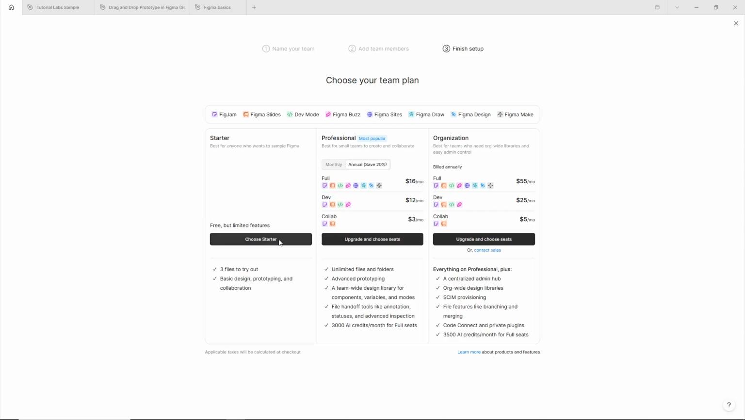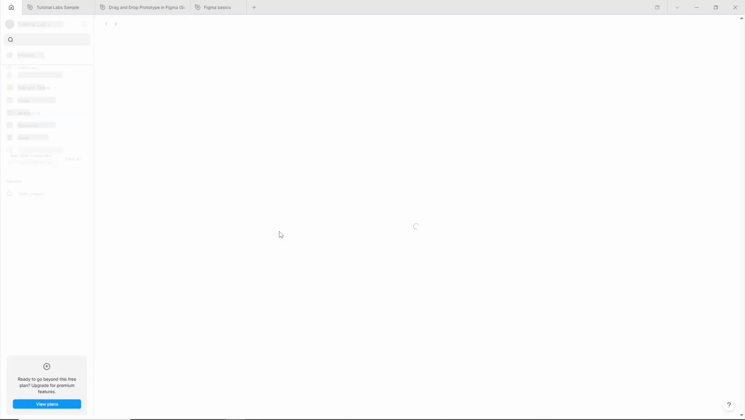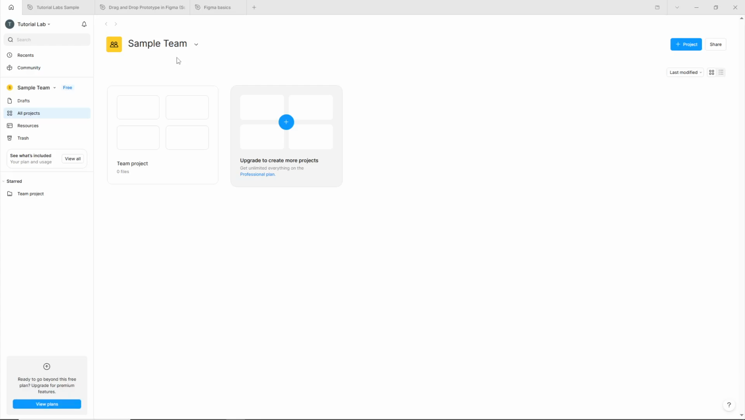And that's it. You've successfully created a Figma team project, set up your workspace, and chosen the right plan for your needs. Your team is now ready to collaborate seamlessly on design